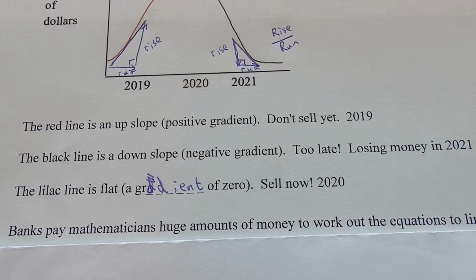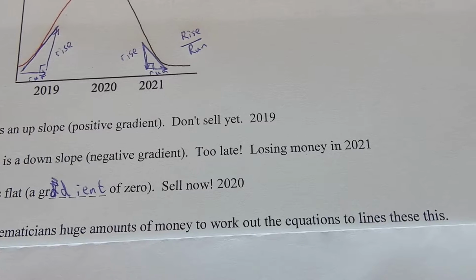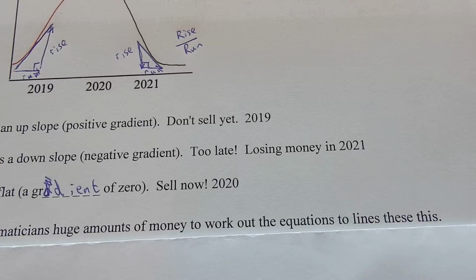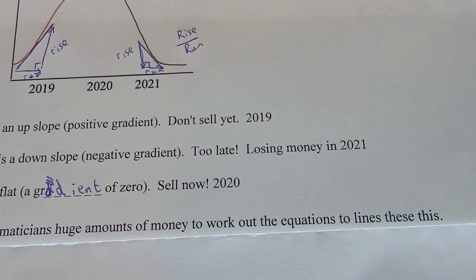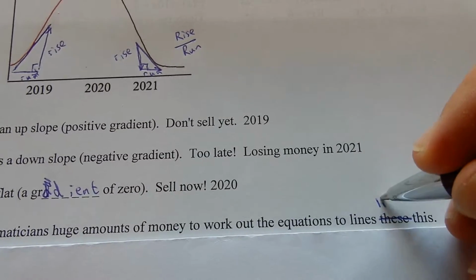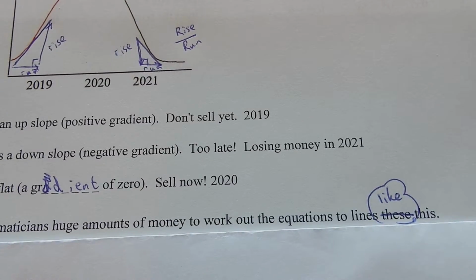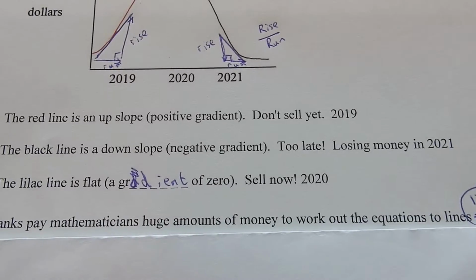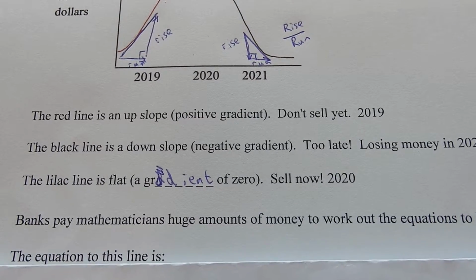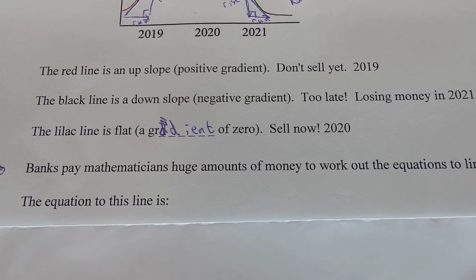Banks pay mathematicians huge amounts of money to work out the equations to lines like these. And of course investment firms and rich people and everybody wants to know when is the time to sell the shares. The equation to this line is